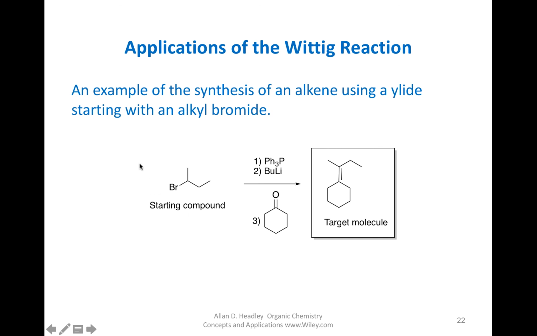In this case, let us start with this as the starting material. We react this, a substitution with triphenylphosphine, to form the ylide salt. So you may want to go back and look at that ylide salt. The next reaction is using a strong base such as butyl lithium to form the ylide. Once you form the ylide, you can now react it with the cyclohexanone, which is this portion right here,